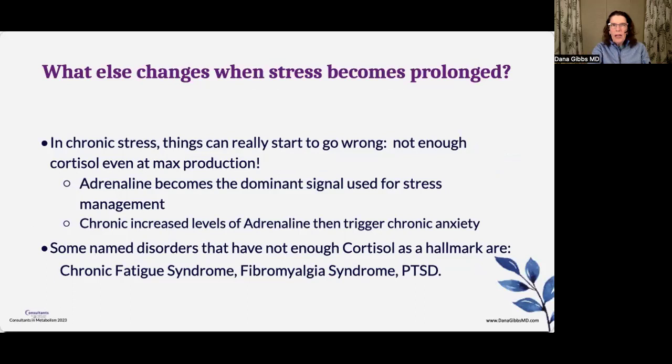Ultimately, the capacity of the adrenal glands to make any steroid hormone at all can be depleted. And what happens then is that you only have adrenaline left to use when you have an acute stress response. And this produces really severe and chronic anxiety. Due to repeated and chronic overstimulation, that becomes really, really chronic. And anxiety worsens sensitivity to pain. And guess what? Pain causes even more stress. And you can see how you can get stuck in this spiral of stress, high cortisol, high adrenaline, more pain,